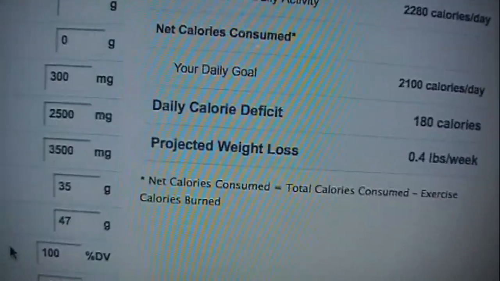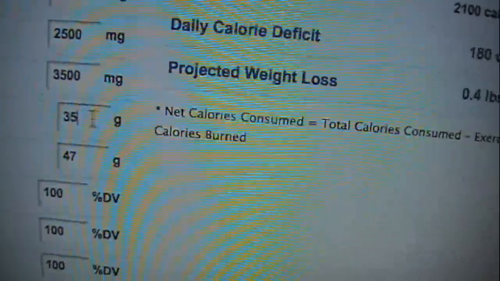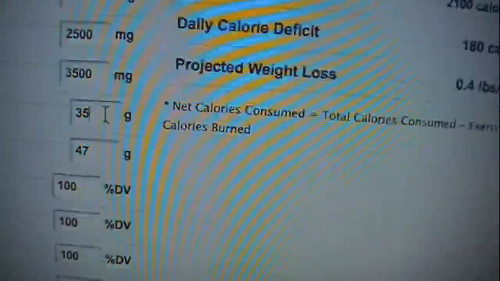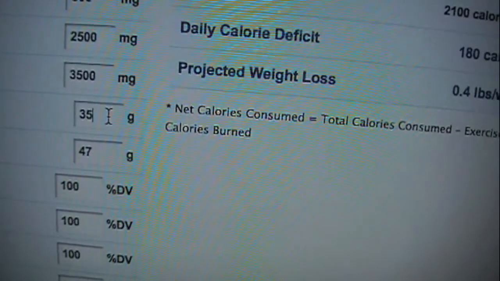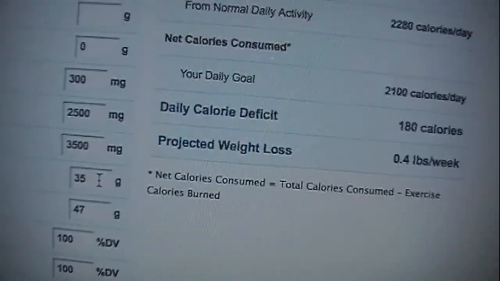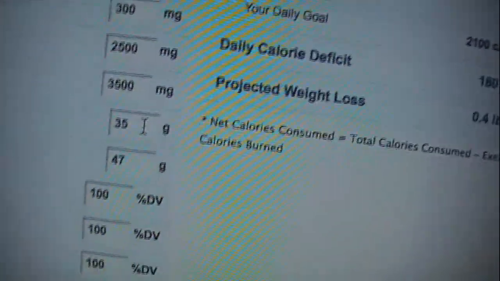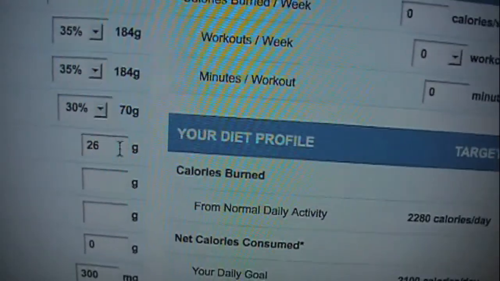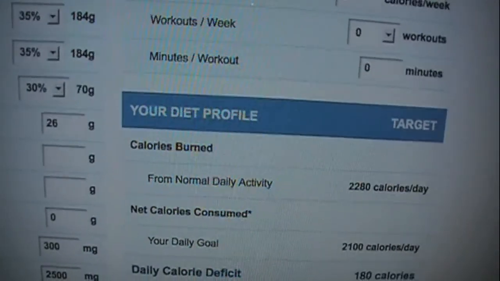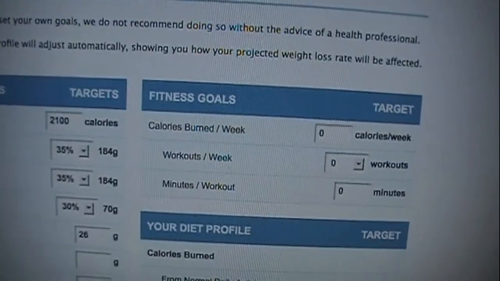Now, one thing I recommend on any phase is to track your fiber. You want to keep it to 35 to 40 grams and keep it in a healthy range. On a high protein diet, chances are you might not be getting enough fiber and you might be in trouble. You don't want to do that. So keep it in the 35 gram range and track your fiber. I highly recommend that. The other thing, I track saturated fat, and I kept an upper limit of 26 grams. Some amount of saturated fat is important, but you don't want to overdo it. So I was tracking it based on that.